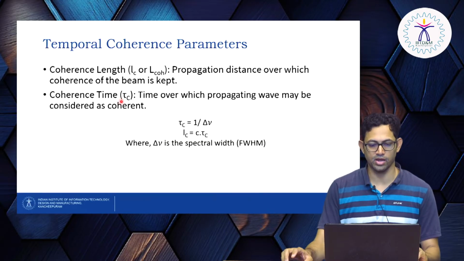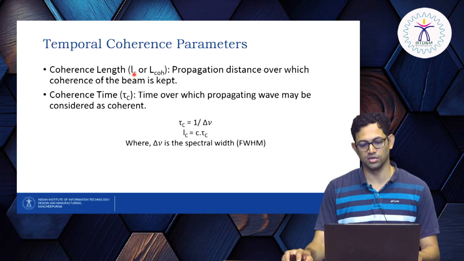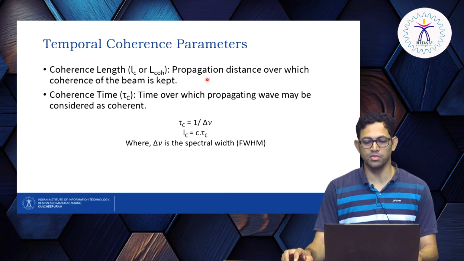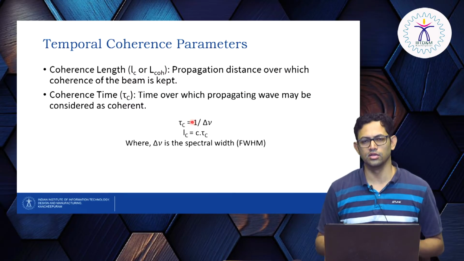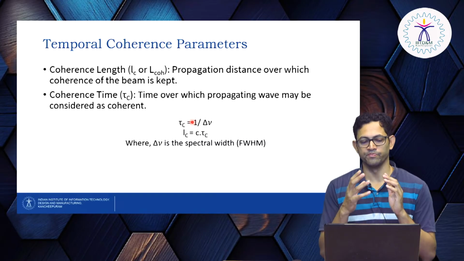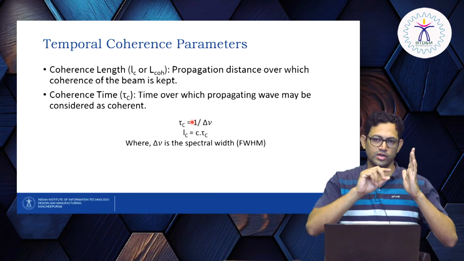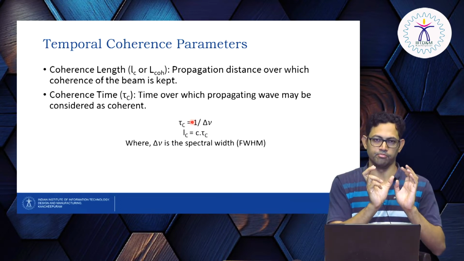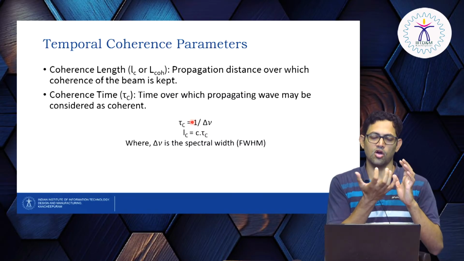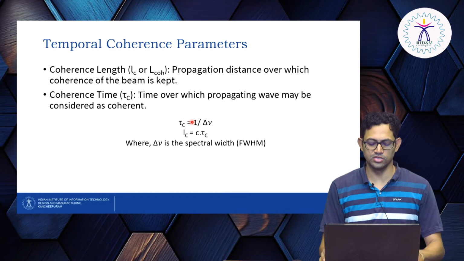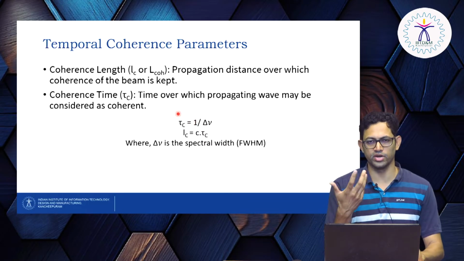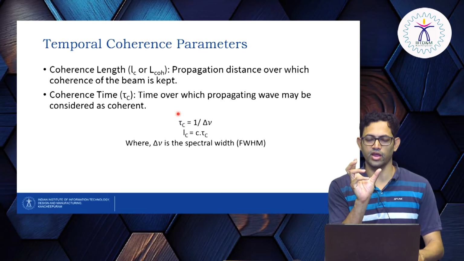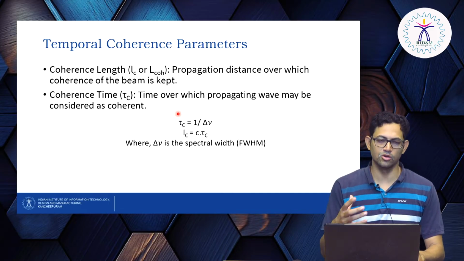As we discussed some time back, we defined it using coherence length, which is given by L subscript C, or L_coh, that is coherence length, right? That is nothing but the propagation distance over which the beam is coherent, right? So if you shine a laser light source, it would be coherent for a particular distance as well as for a particular time. If you have a stopwatch, you can see how much time it is coherent. Of course, this would be a very small period of time because light propagates very quickly. So the coherence time is very difficult to calculate